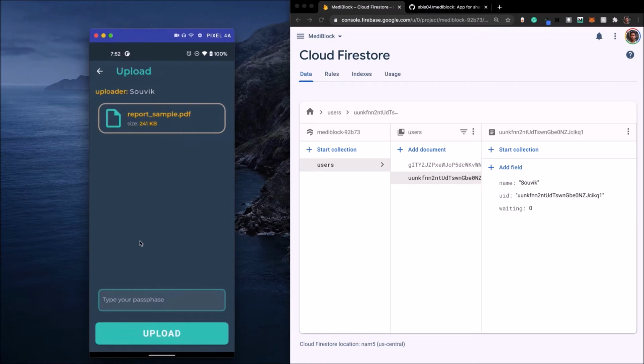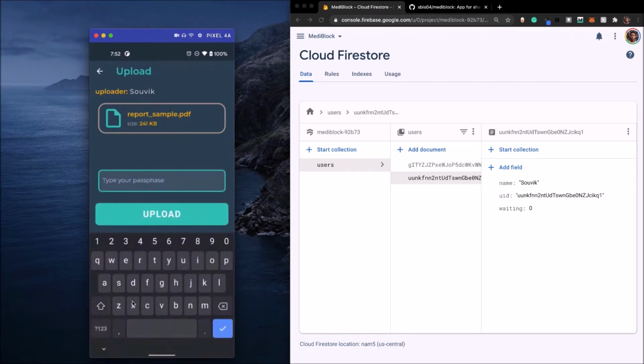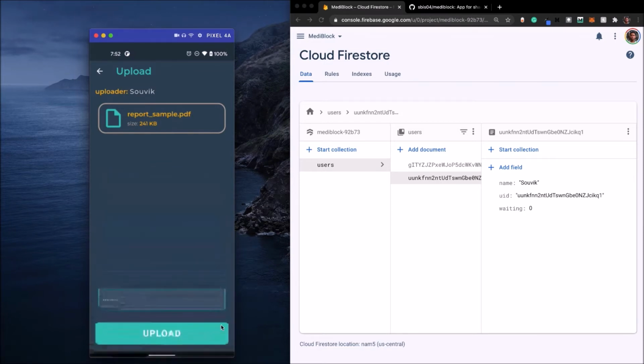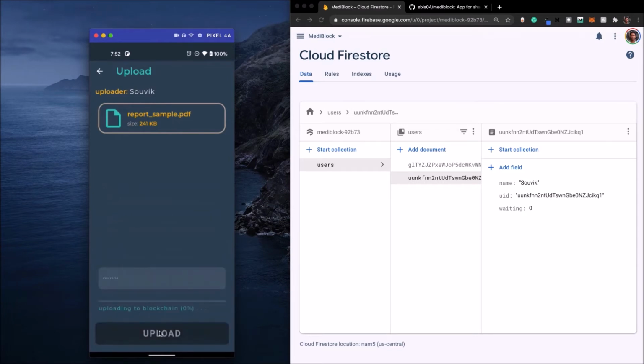Now you have to enter one passphrase. Then click on upload. This will encrypt the file and upload the data to the blockchain, which in turn generates some transaction hashes that we'll be needing later.